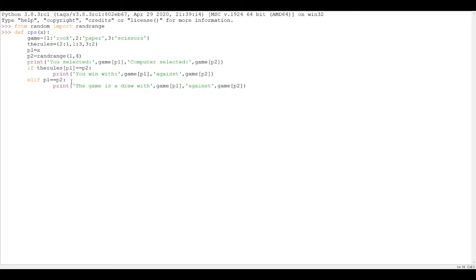There. All right. And the last one is going to be else. Okay. Else is going to be, well, there's only one last scenario left. The last scenario is that I lose and the computer wins. So I'm going to print computer wins